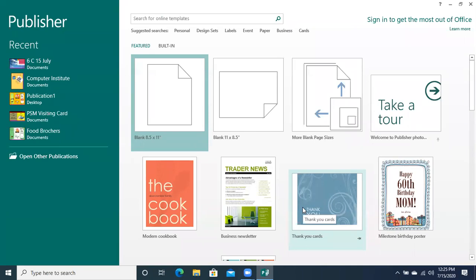And yesterday, I gave you a quick review about the built-in option, and then I gave you a quick review about how you can make a publication from scratch, by taking a blank page. That was the topic that we started yesterday. So today again, we are going to explore some other options. This is what we are going to discuss: how we can use different graphical options in Microsoft Publisher.